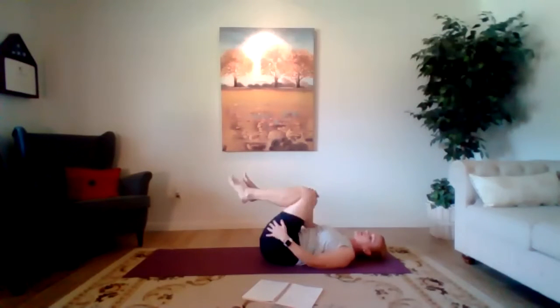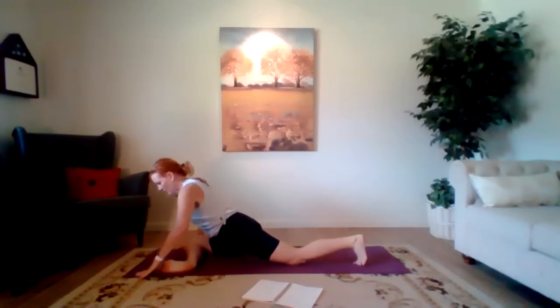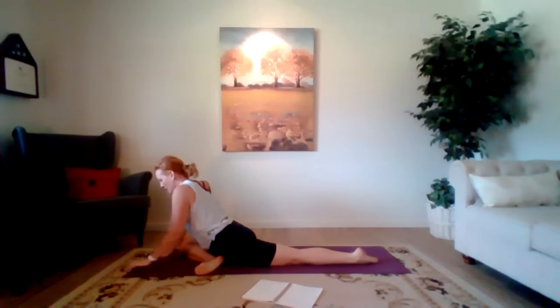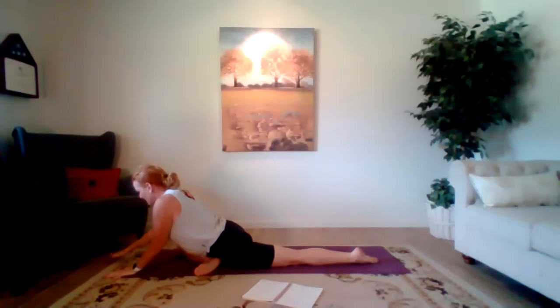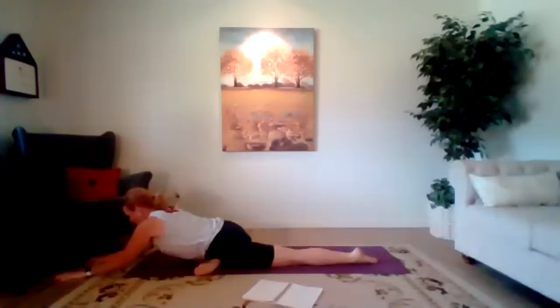Those of you that want to try pigeon, rolling up, we're going to start on that right side with that right shin parallel to the front of your mat. Maybe, since we're tight, we bring that foot a little closer to that left hip. We rock those hips from side to side. Whether you're on your back or you're on your belly, slowly get long through the spine,